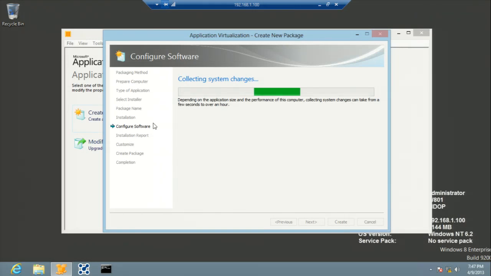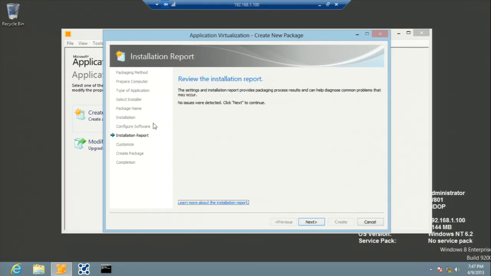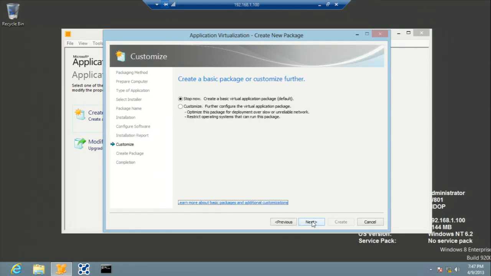And finally here, it's just bundling up all the changes that we just made, which weren't many. And we're ready to finish. I'm going to stop right here and just create a basic package. If I wanted to customize this some more beyond the defaults that I get with PowerPoint Viewer, I could. I could put shortcuts somewhere else on the desktop. I can move things around. I could just change the default installation behavior, and that would all be captured in the package. For this example, I'm just going to stop right now